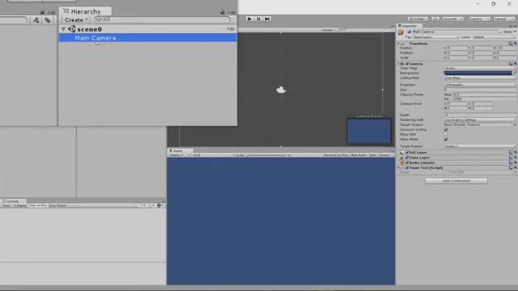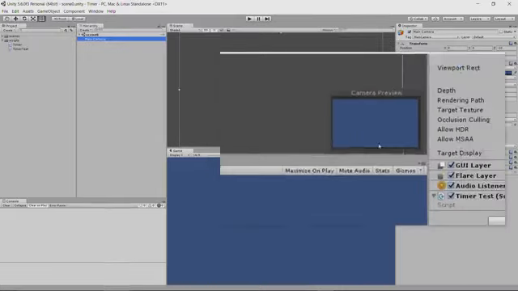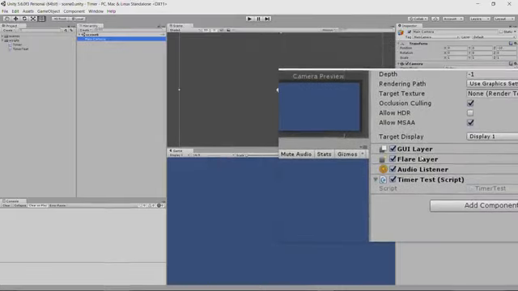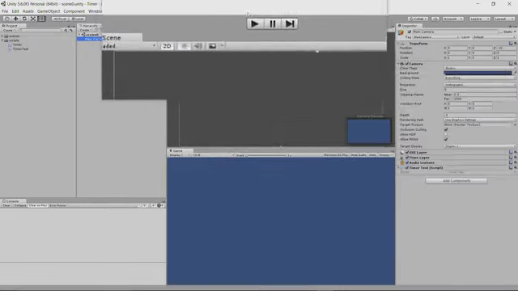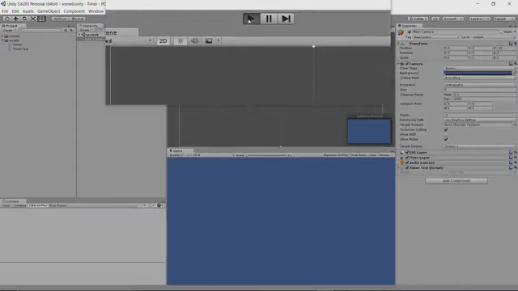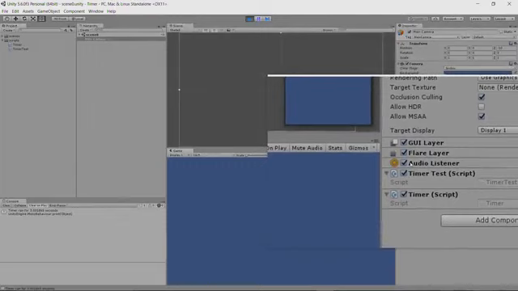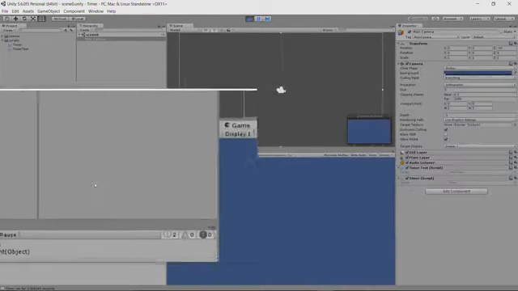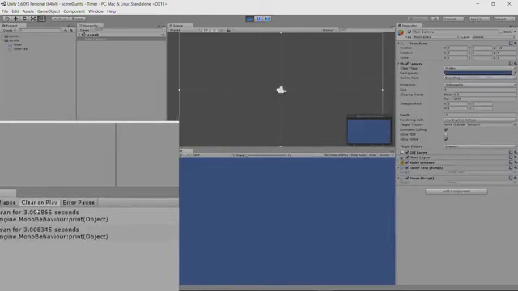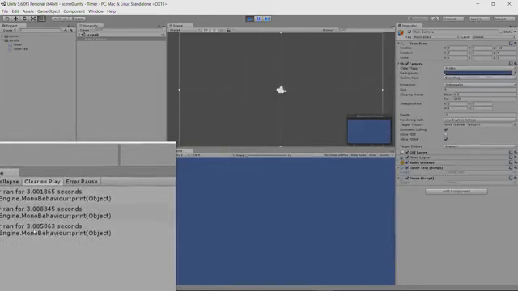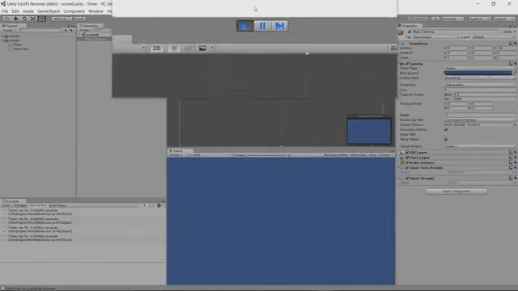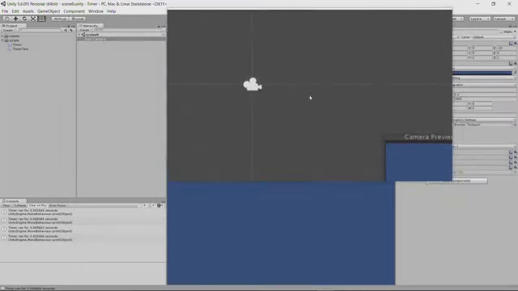As you can see, my main camera object has the timer test script attached. And so when I run the game, you can see that it actually dynamically added a timer script. And there's the timer running for approximately 3 seconds each time. Now that's approximate because, like I said, we're probably not going to hit 3 seconds exactly, so it's pretty close,